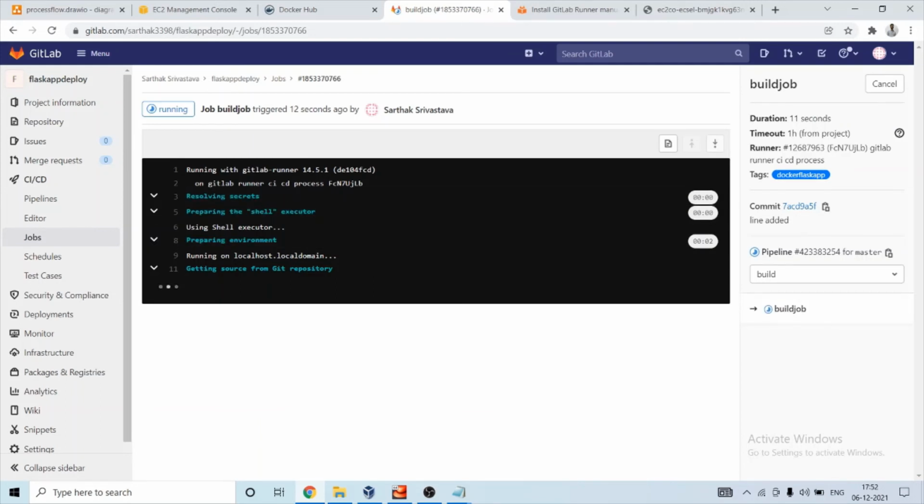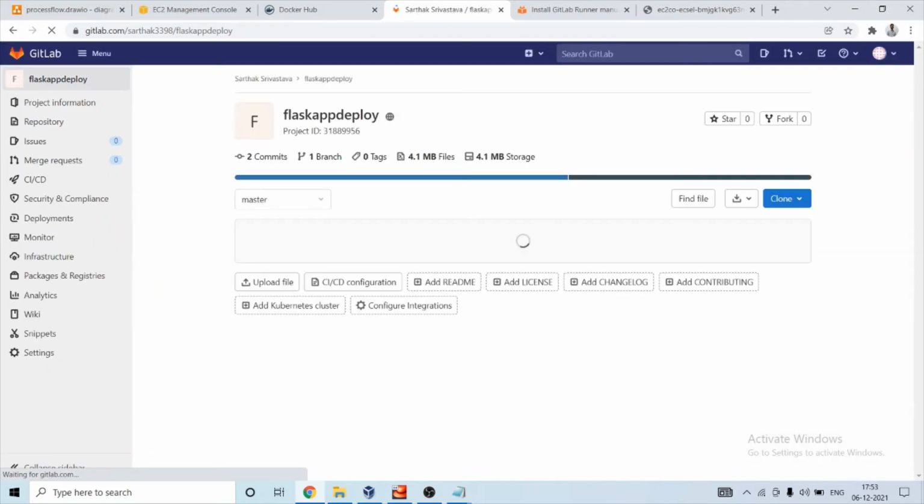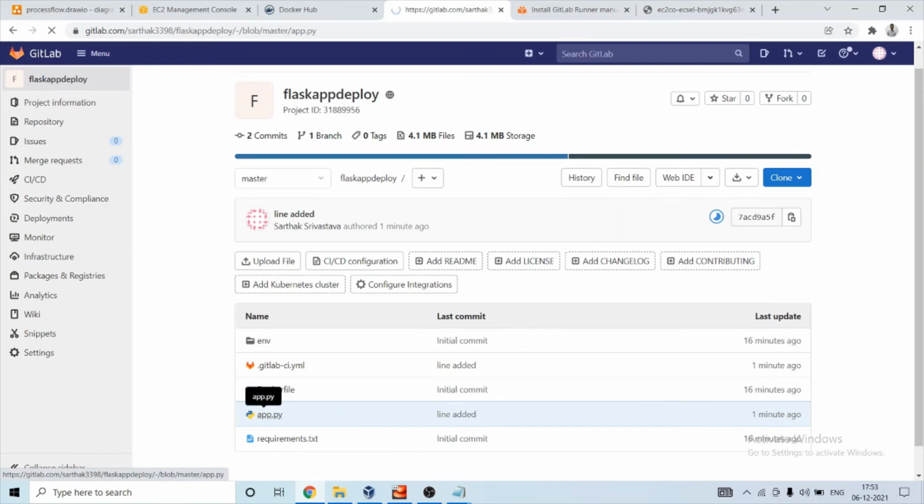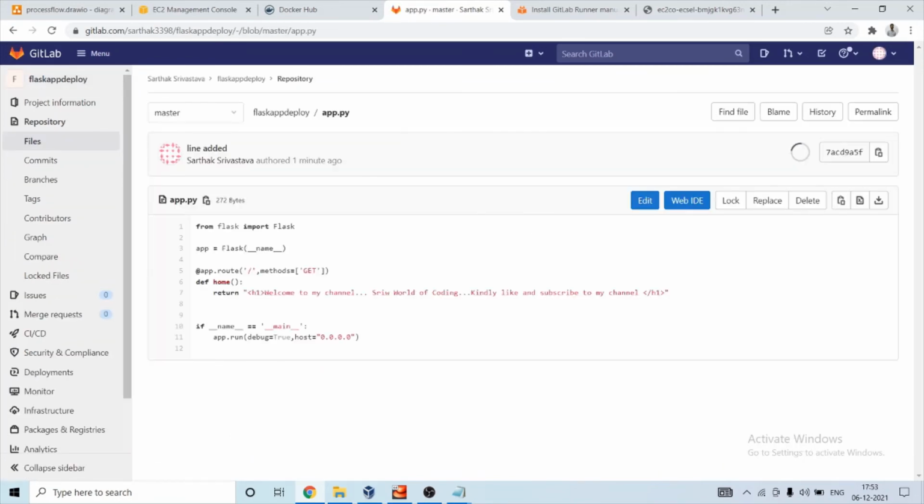This is the console where we can view the logs, the output of whatever commands are being run. It's taking some time. First, let's check that our new commit has been made or not. Okay, so we have made changes to app.py. A new commit has been made.